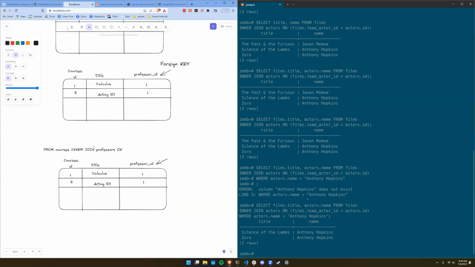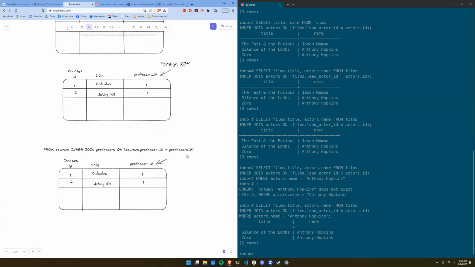Courses dot professor underscore ID equals professors, and then however you have it written, I believe like dot ID. Exactly, yeah. So generally when you have one of these, one of them is going to look like something dot name of the table underscore ID, and the next thing is going to be equal to name of the table dot ID, because the primary key is usually called ID. So now that I've done this join,